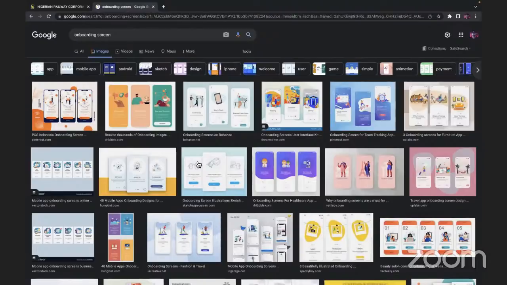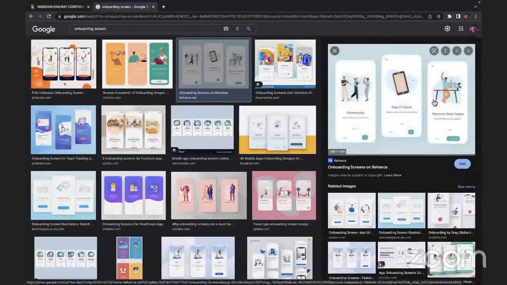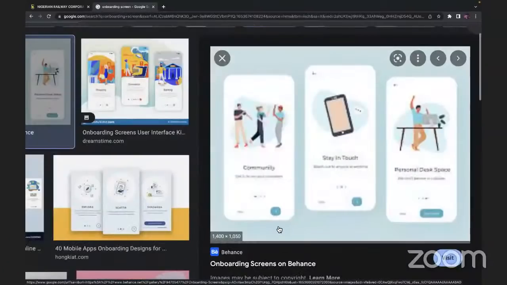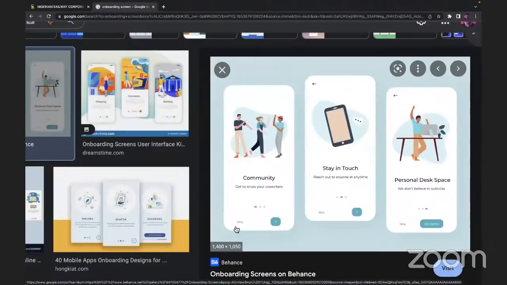And also, when you are designing your skip button, make sure to place it somewhere that is accessible. Now, let me show you an example. Look at this screen, if you can see my screen, let me zoom in a bit. Okay, now, look at this onboarding screen. You can see where the next button is, see where the skip button is. Now, ideally, this should be a very good